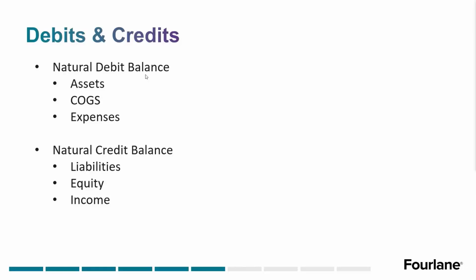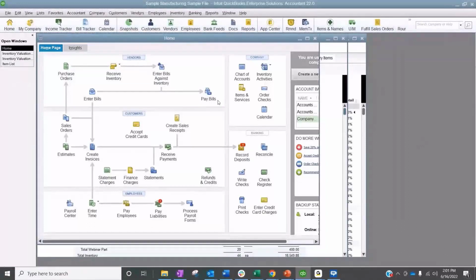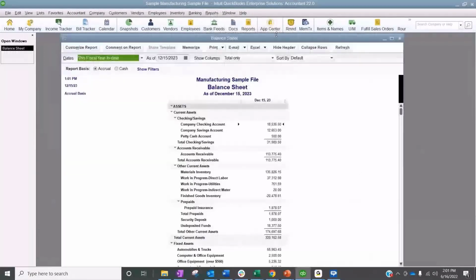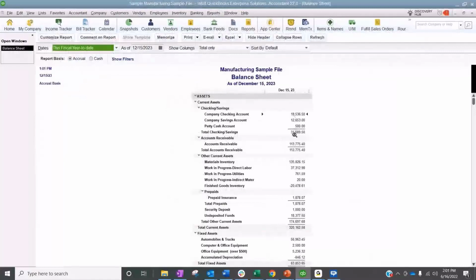So let me hop into QuickBooks and show you what that means. When I come into QuickBooks and I run my balance sheet as an example, in order to get a positive number here on the balance sheet in the asset section, it is a debit. We're going to be using journal entries a lot today, and then transaction journals, because that shows us debits